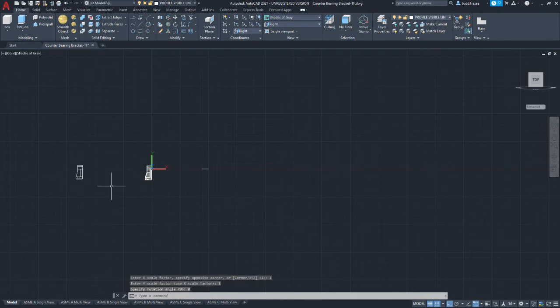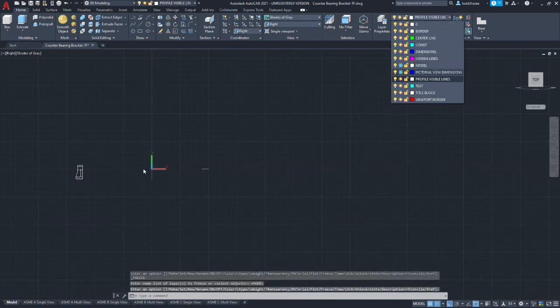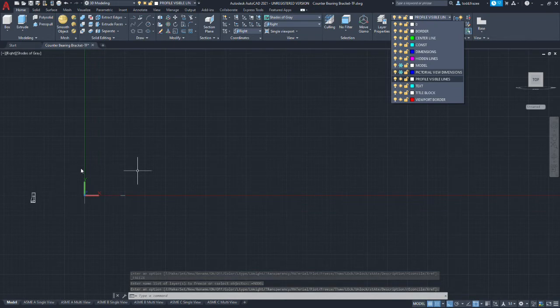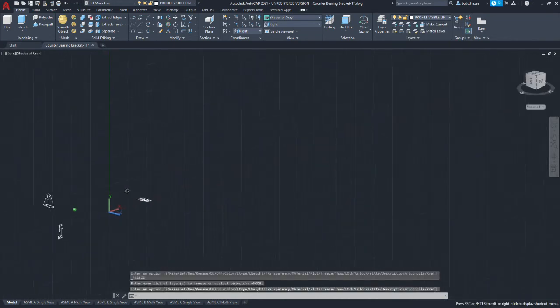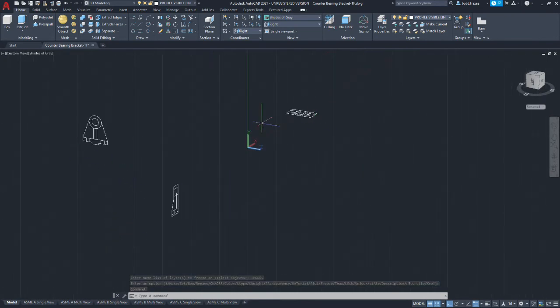Okay, we've now completed all the steps to generate our 3 conventional views for our layout. Now at this point we're going to freeze the model. So go back to layers and we're going to freeze the model layer, and it's going to disappear from view, and that's okay because right now we don't want to accidentally change the model. We want that to be stable, and we have our 3 views that we're going to need in our layout. Alright, big warning, make sure you don't skip that step. Now we'll turn the model back on later towards the end.